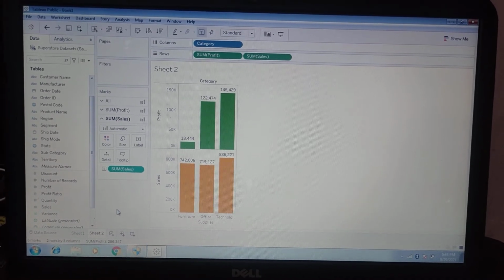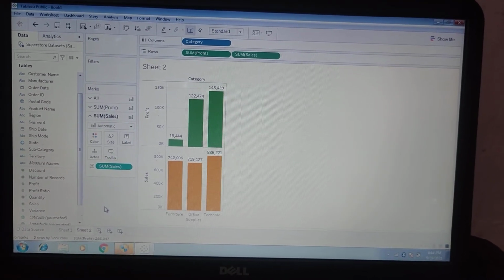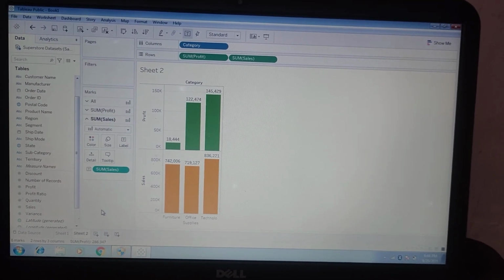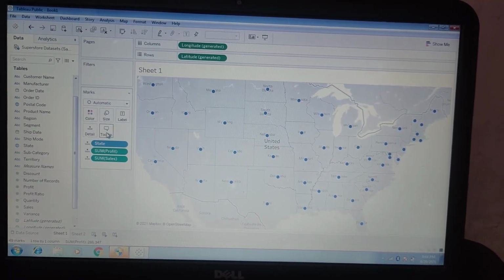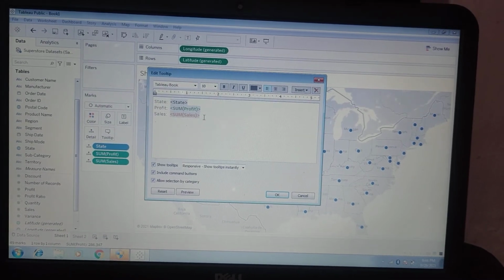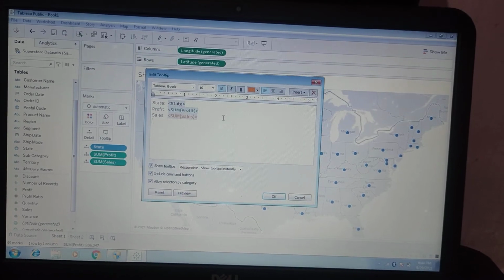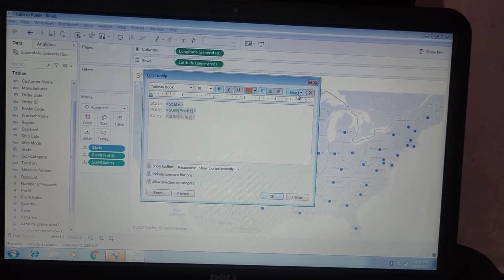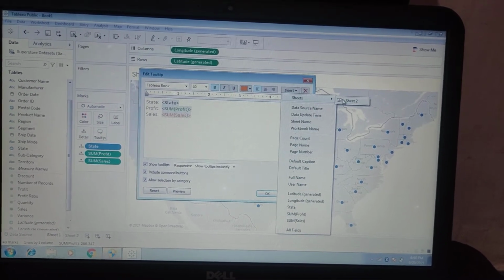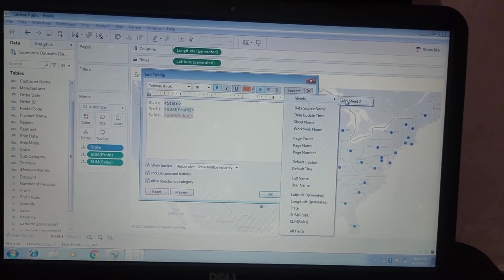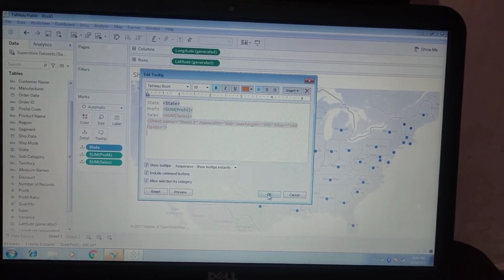So for adding this bar chart to our map chart tooltip, go into the map chart again, double click on the tooltip, put the cursor below the sales, and then click on Insert, then select Sheet from here, Sheet 2. Our bar chart by category is in Sheet 2, so select Sheet 2 here and click OK.